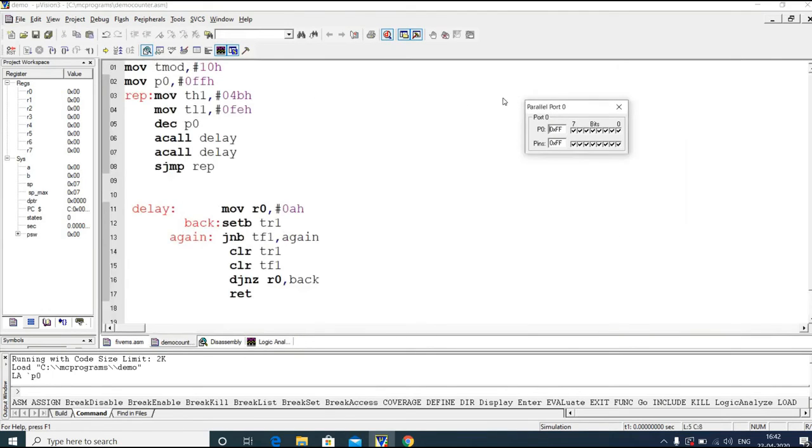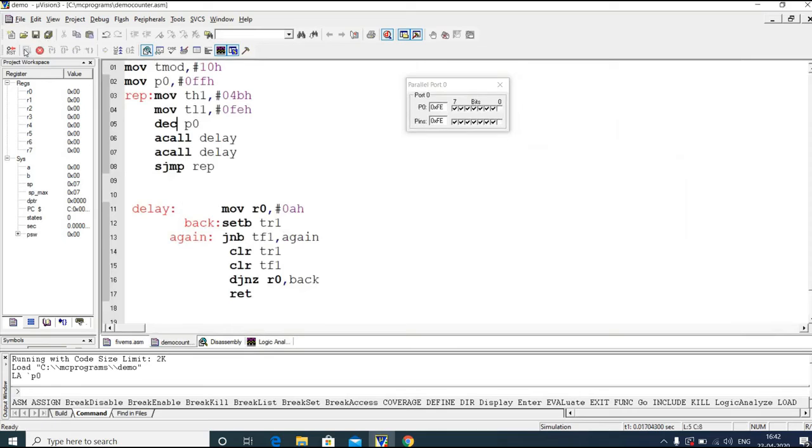Okay, here we have port 0. So let us run. You can see here it is counting F4, F3, F2, F1, F0, EF, EE, ED, EC, like that. So it is counting from FFH to 00H. Okay, right? So this is a hexadecimal counter which can count from 00H to FFH and FFH to 00H,